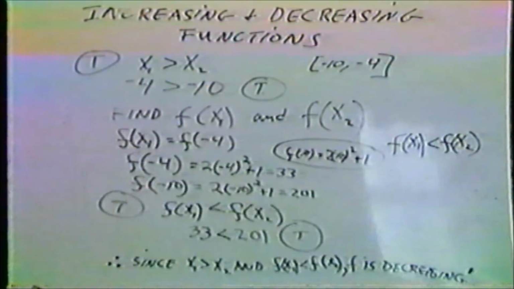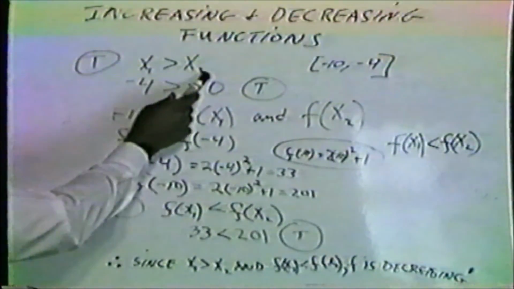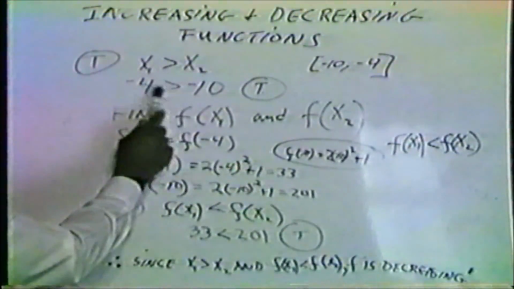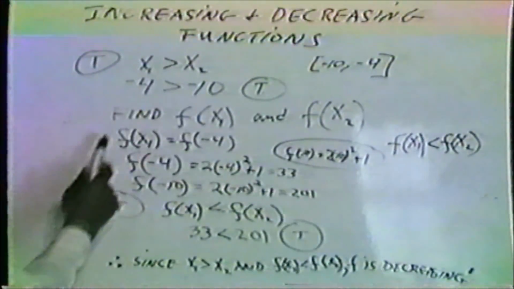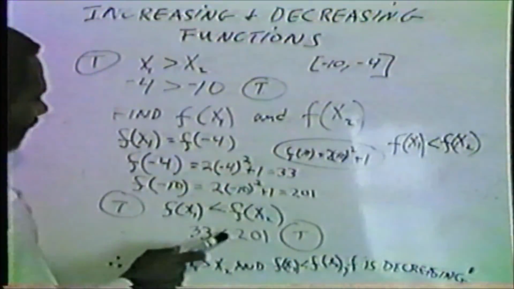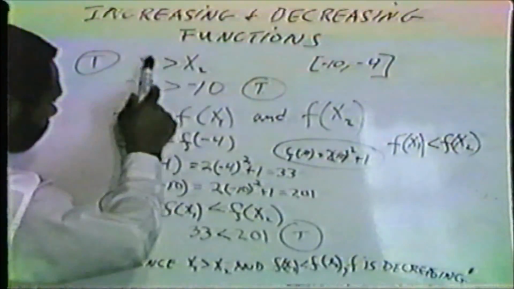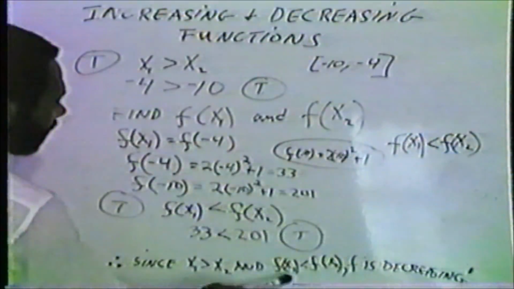Once again, our final conclusion is that since x sub 1 is greater than x sub 2, we've shown that negative 4 is greater than negative 10, and f of x sub 1, which is 33, is less than f of x sub 2, which is 201. Since both of those are true, the function is a decreasing